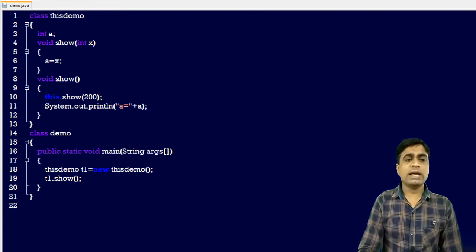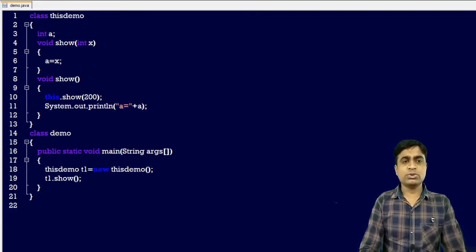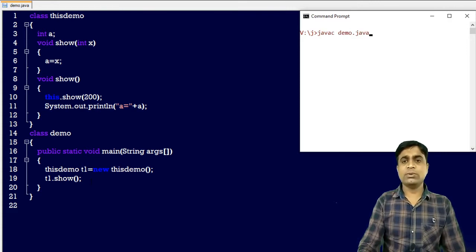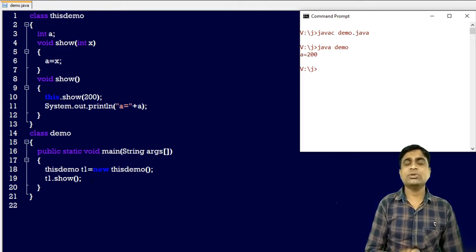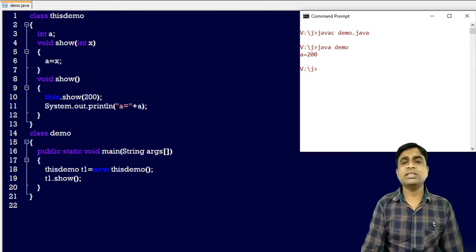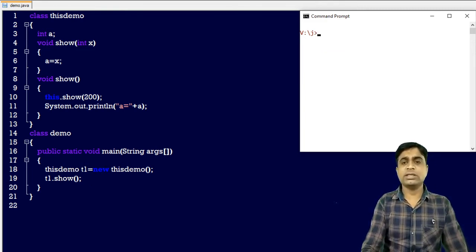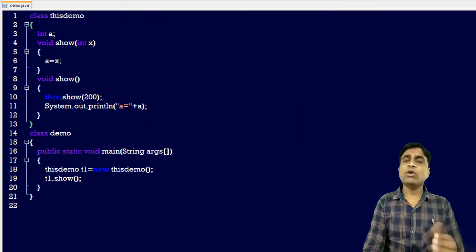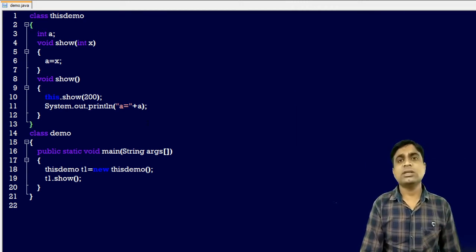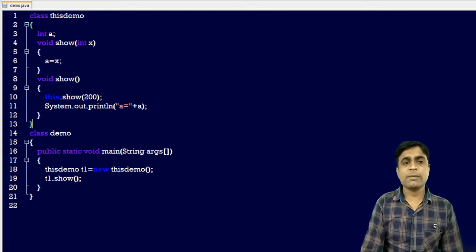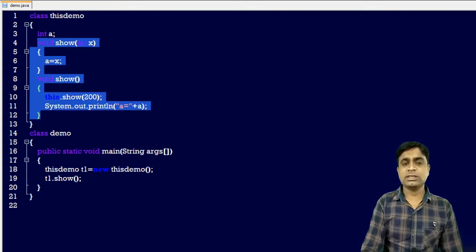So there is no need to call t1.show here, and if you see the output of this code, it will print a is equal to 200. So this can also be used to call the current class instance method. If you want to make this type of program, you can use the concept. And lastly, if you want to call another constructor from one constructor, we can also use this concept. Now let's run this again.